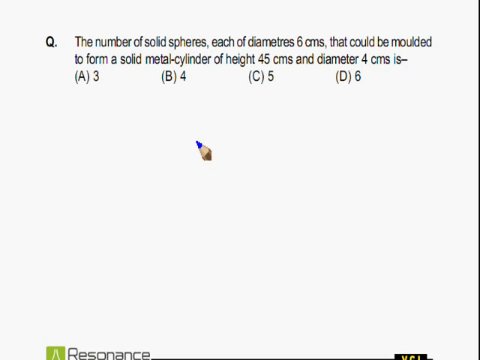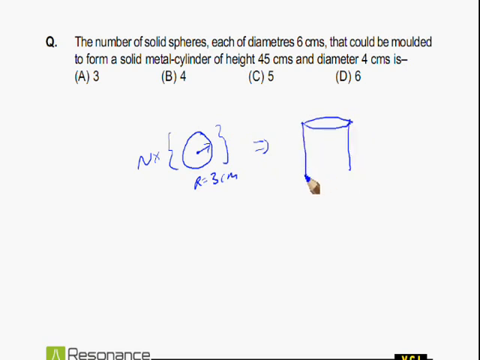Here we are converting the n spheres of radius, here in this question the diameter is 6, the radius of the sphere is 3 cm, into a cylinder of radius. In this question the diameter is 4 cm, so radius is 2 cm and the height is 45